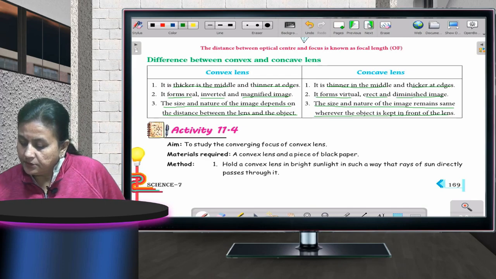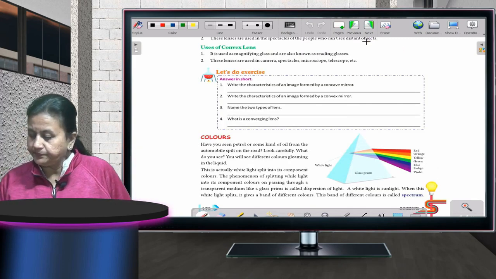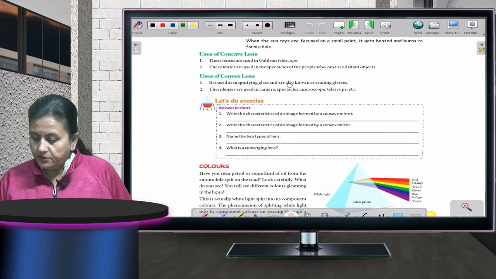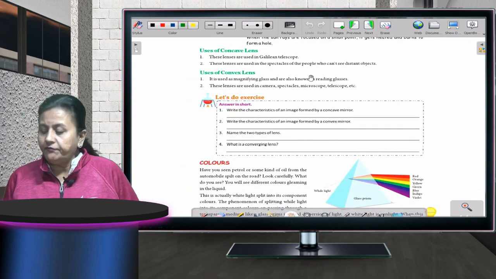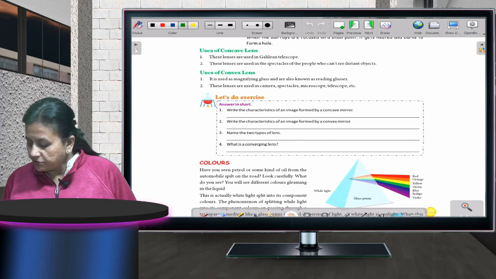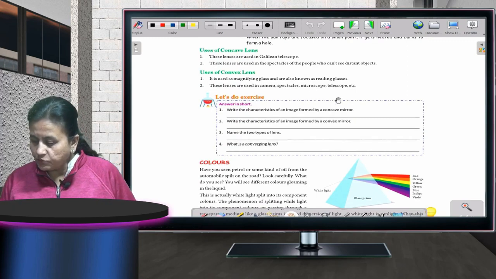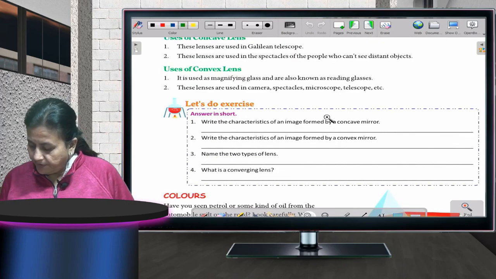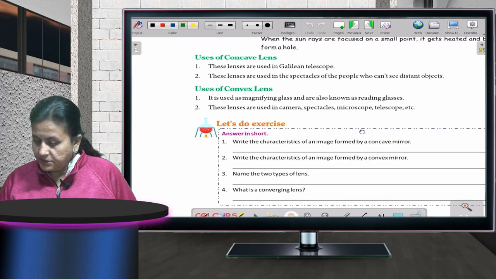Now come to the next page. Uses of concave lens. Can you all see on the screens also? I'll just zoom out for you. Okay, fine. Now see,